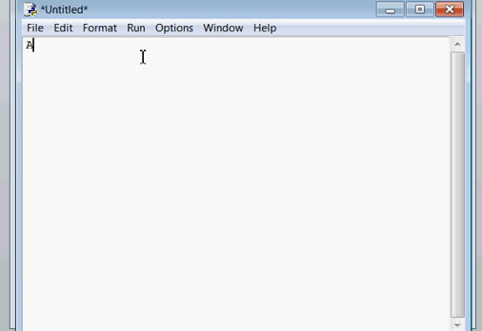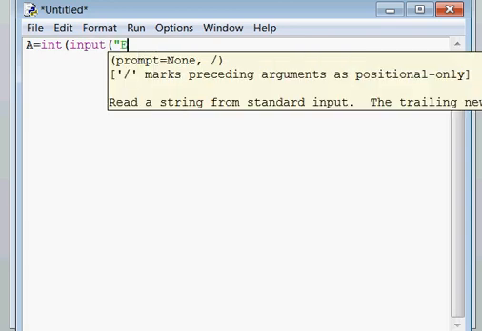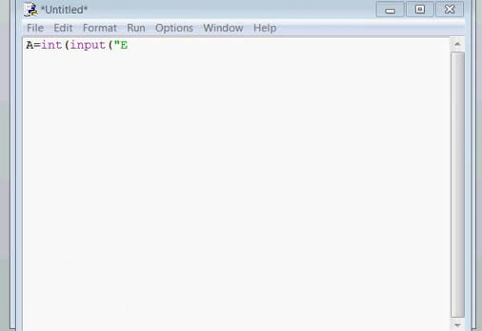For example, here I am making a program of checking whether the given number is positive or negative. I am using int input, enter a number.